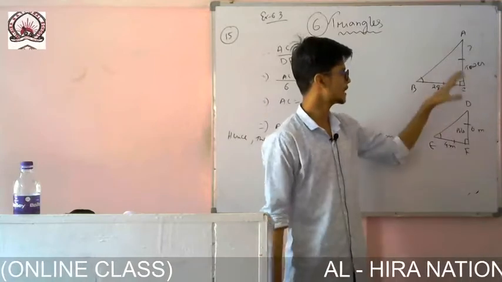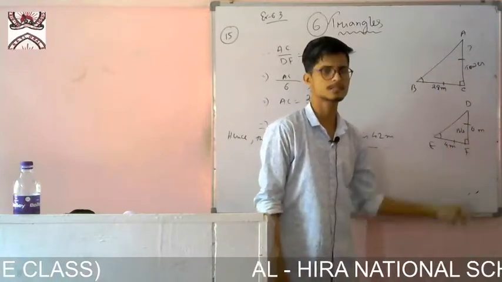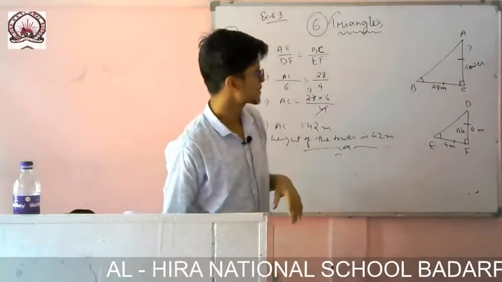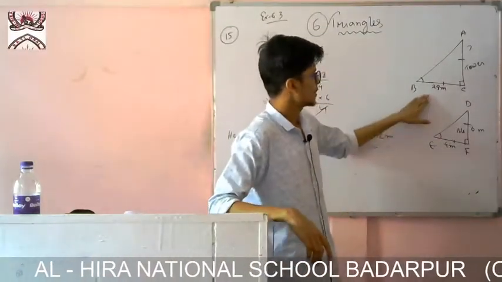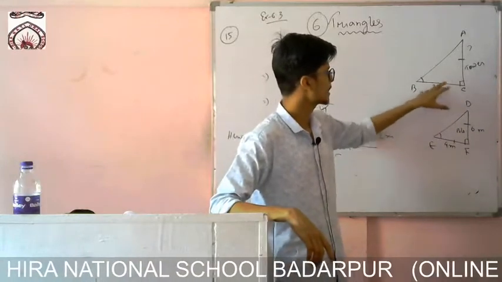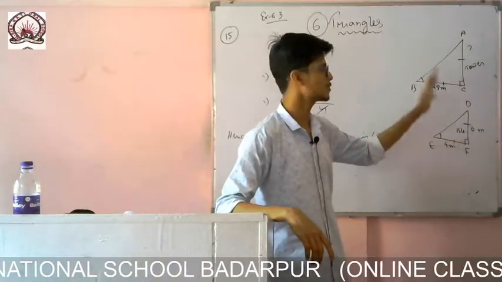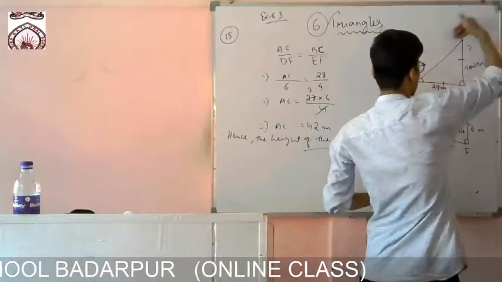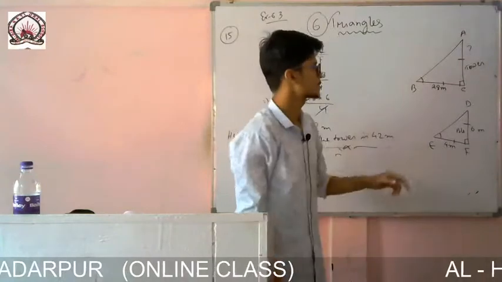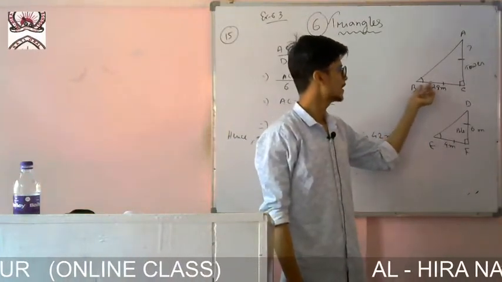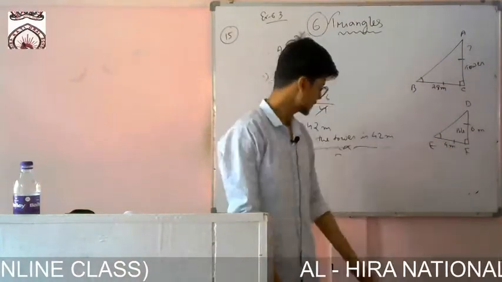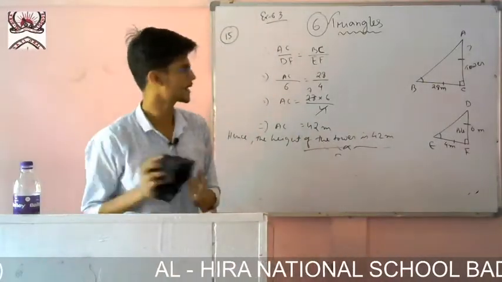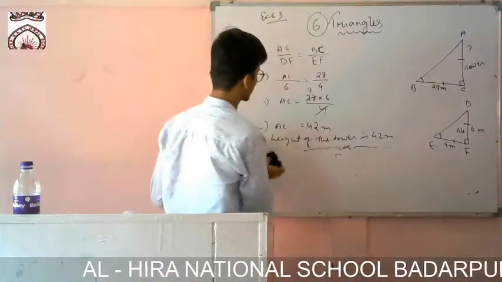So if I can relate that these two triangles are similar, then the ratio of their sides will be equal, okay. So what I have done, I have just shown that this angle is 90, this angle is also 90, because they are vertical, okay. And at the same time the sun is there, so it will produce the same inclination for both. So this angle will be equal to this one, okay. And after that I have said that these two triangles are similar, and I have put the values and found the answer, okay.